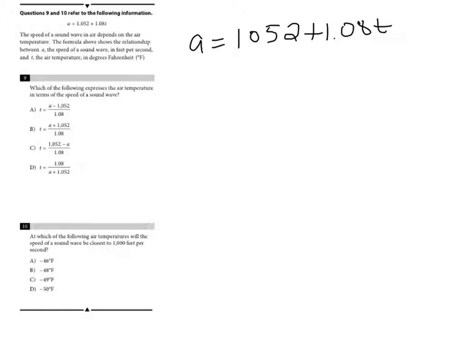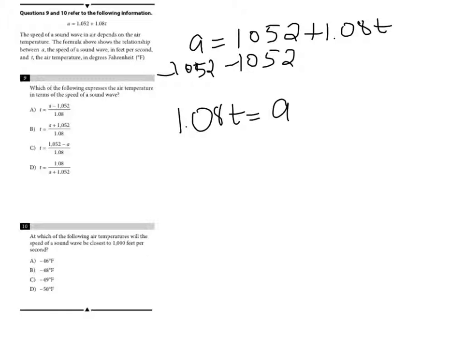all they want you to do is express this in terms of air temperature, in terms of a sound wave. Basically, all you do is solve for t. So isolate t, get t by itself. I'll subtract 1052 from both sides, and I'll move this over. So 1.08t equals A minus,